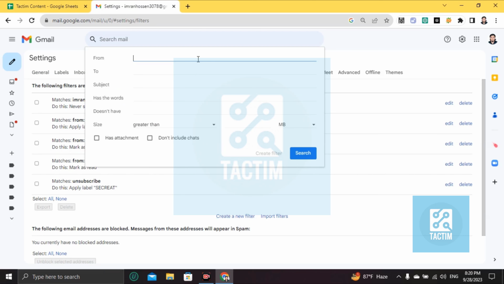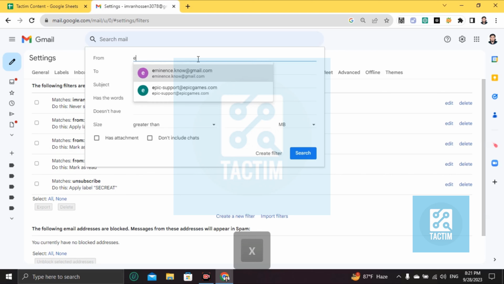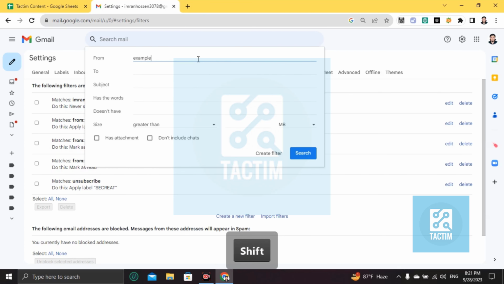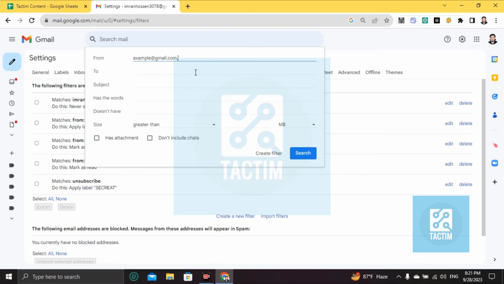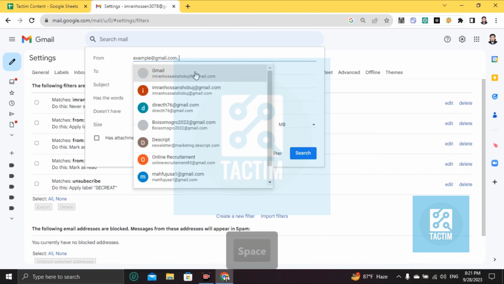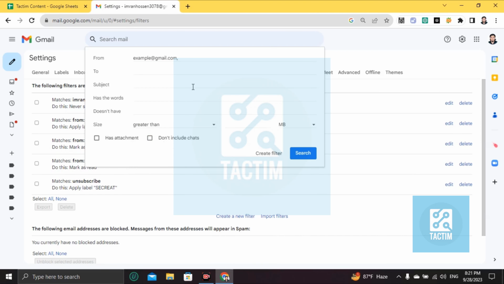Now you have to put here the specific email address whom you don't want to receive messages anymore, or whom you want to block. So I'm writing here one example@gmail.com. So this one, and if you want to add multiple, you can add this here, but I'm showing you one for the basic tutorial. Then you'll find here one thing, just create filter,